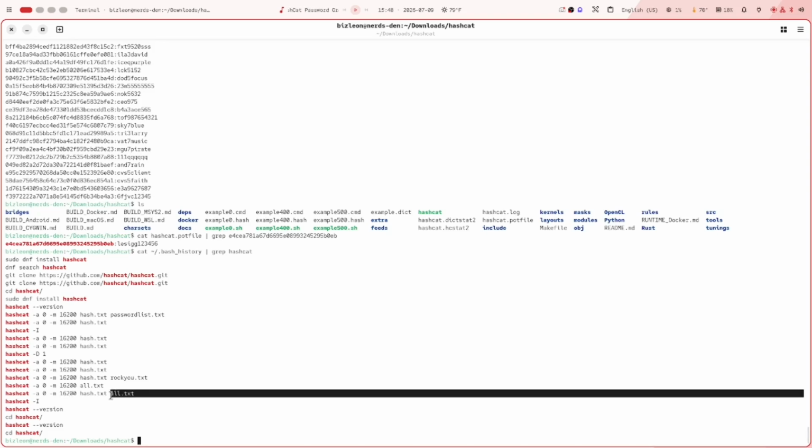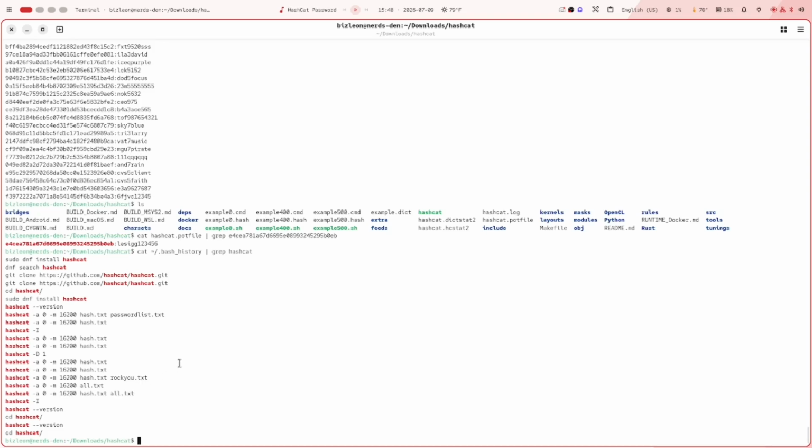And I used this list of all possible words, all.txt, and it generated the list instantaneously. And this file of hashes had 3 hashes to work with, so it gave me 3 passwords which were all the same password. So since I'm not allowed to show you whatever I was doing it on, just take my word for it that that actually worked and that gave me some good stuff,